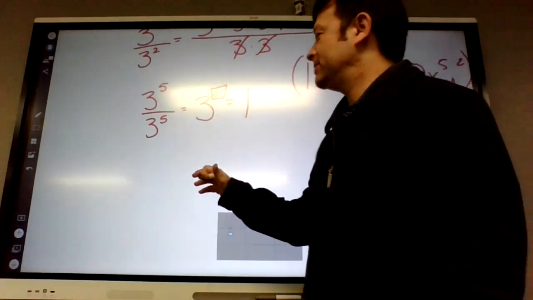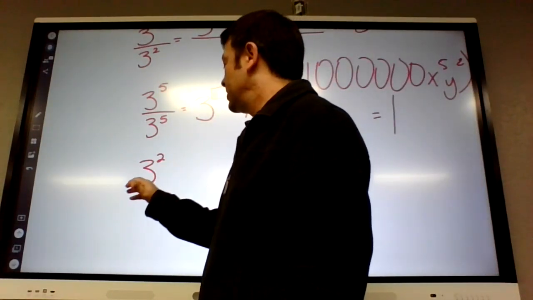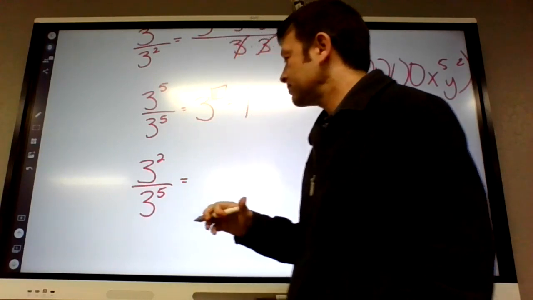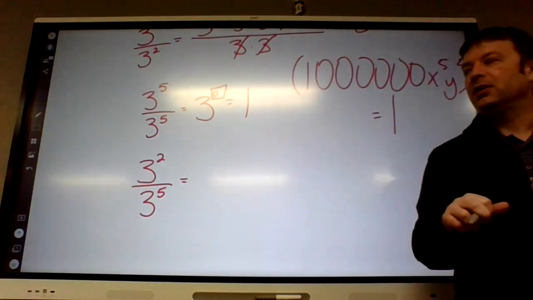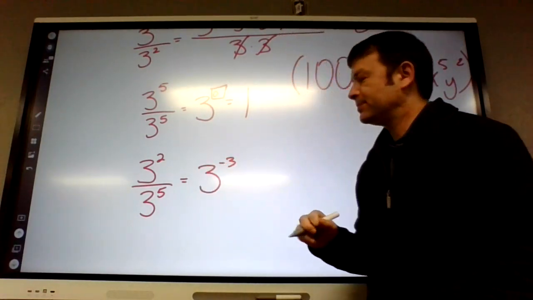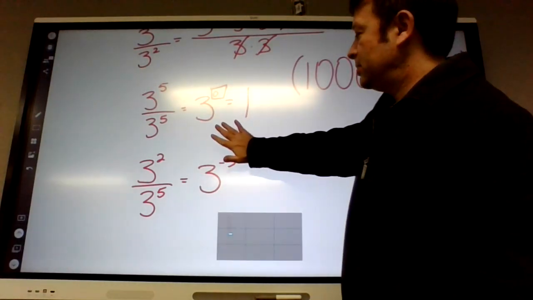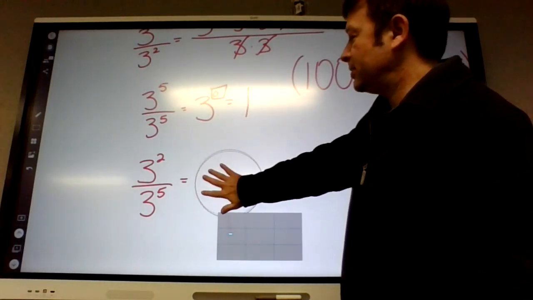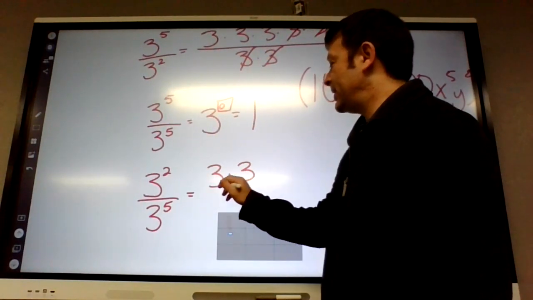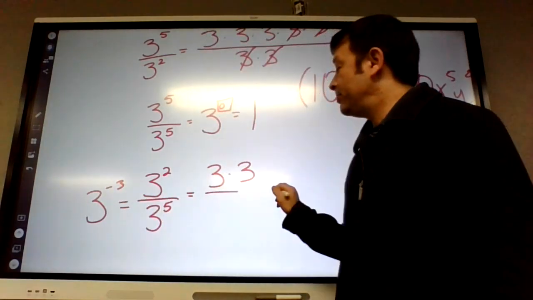Alright, now this is not happening today either, but I do want to introduce it. How about 3 squared divided by 3 to the 5th? It is 3 to the negative third, but what does that mean? 3 to the negative third, that is correct. But what it means is,